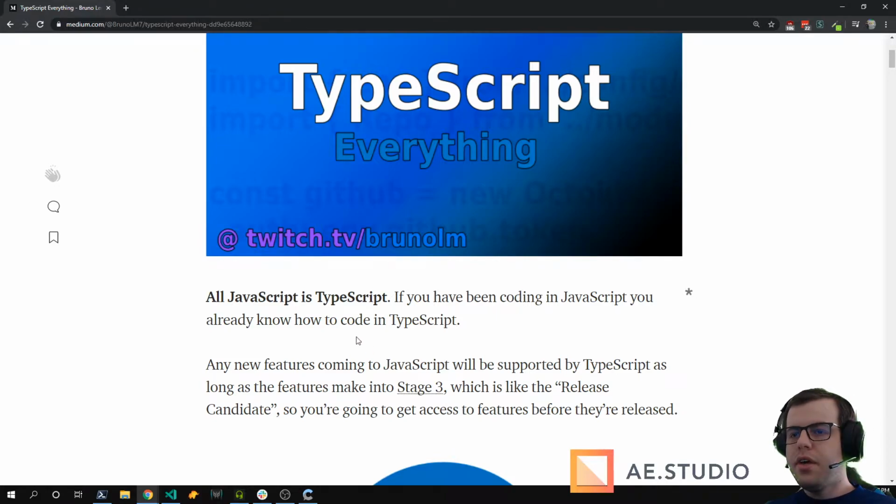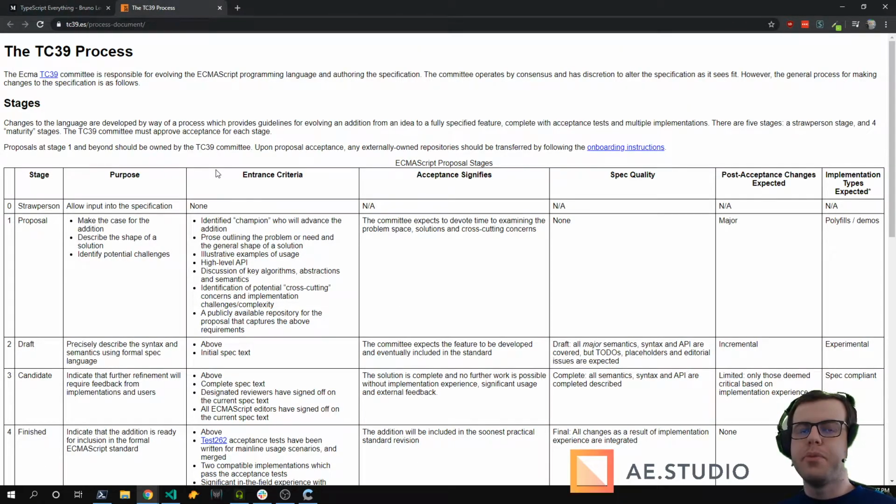TypeScript doesn't have everything in their transpiler, because they only take things from stage 3. Stage 3 is candidate. It means it's almost ready to be released and become a new thing in JavaScript.